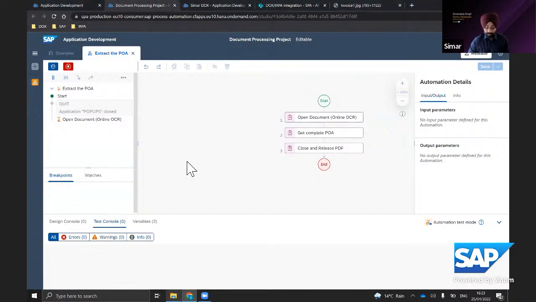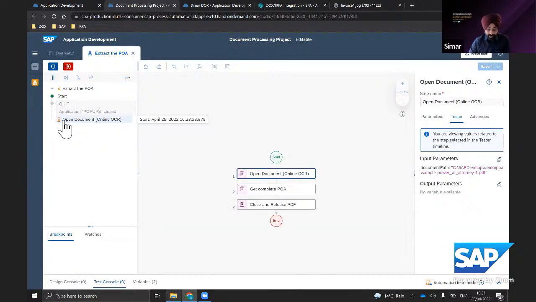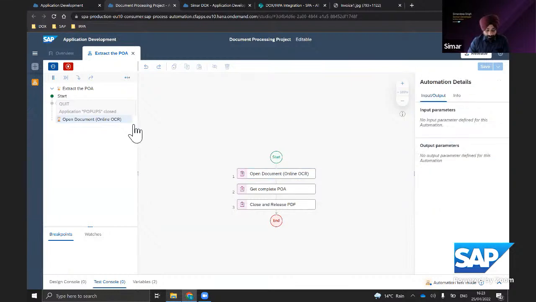It sent the document for extraction to the Document Information Extraction Service. You can always track the process progress using this timeline. On the left-hand side, you see it started and then sent the document, and now it is processing the document. Once we get the result from the Document Information Extraction Service, you will be able to see the result here in this panel. It takes a bit to extract the result, but it should be available now.